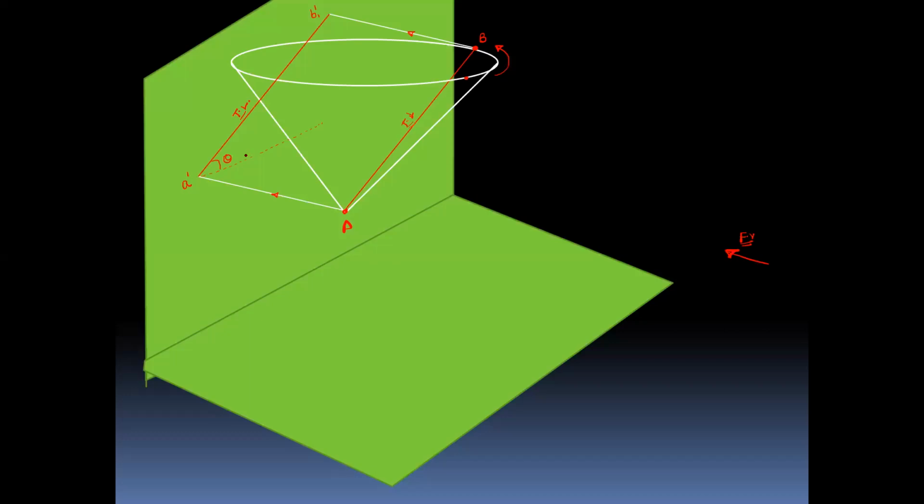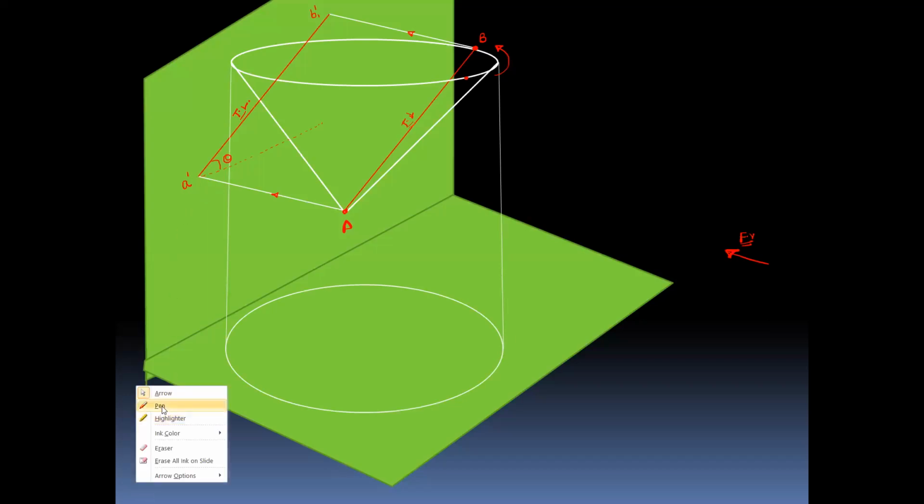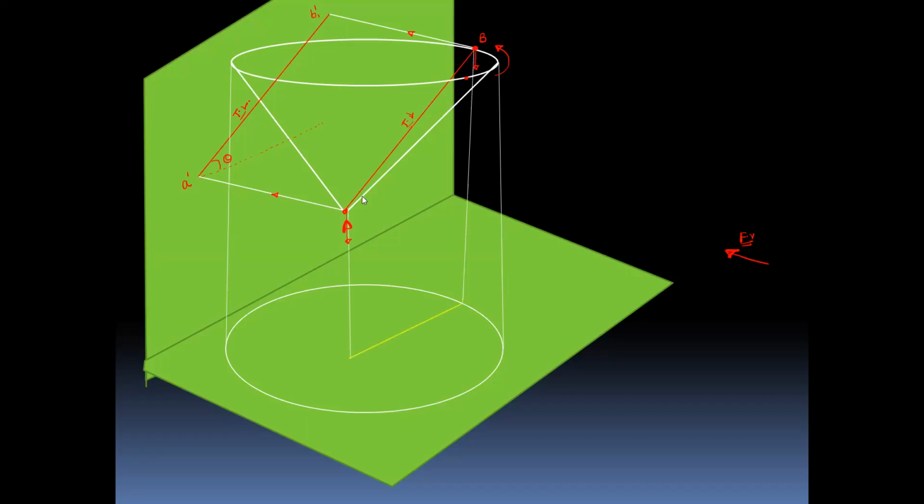So now if you draw the top view for the same line which is parallel to the vertical plane, this is the top view for that base of the cone. Now if you try to project point A and B, project this point and project the point B, you can observe the top view of the line AB like this.